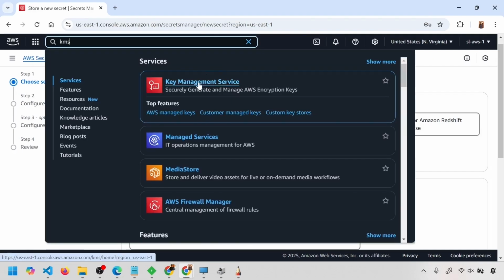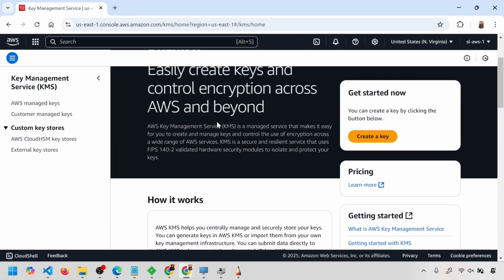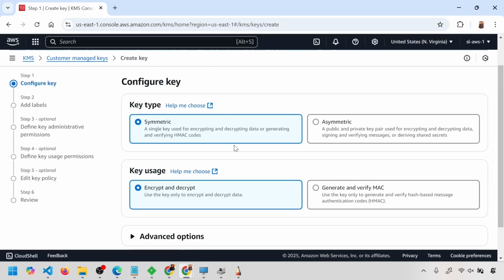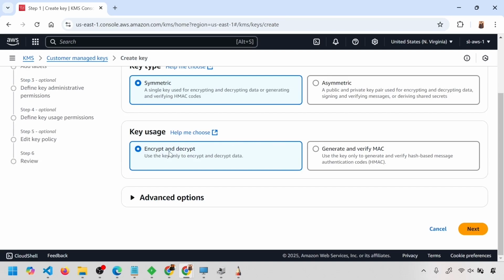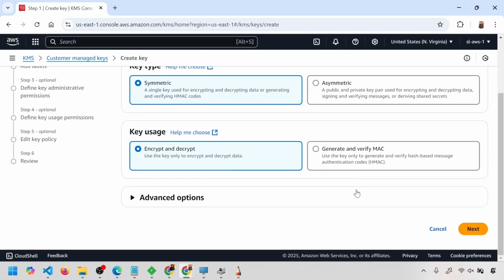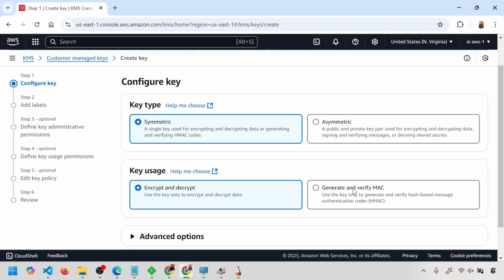So now KMS, Key Management Service. Like I mentioned, KMS is all about saving and creating a key securely. And this key can be used for a lot of other purposes. So we have two options, symmetric and asymmetric, which is a public and private key pair. You can use it for encryption as well as decryption. The other option is verification. Let's see the option for the key. We have seen the verification part as well.